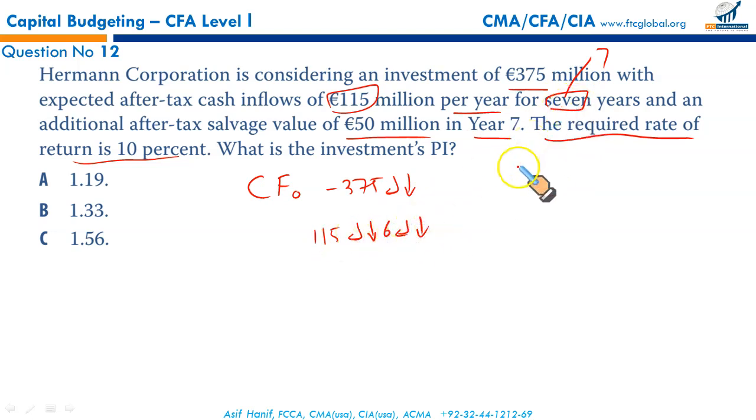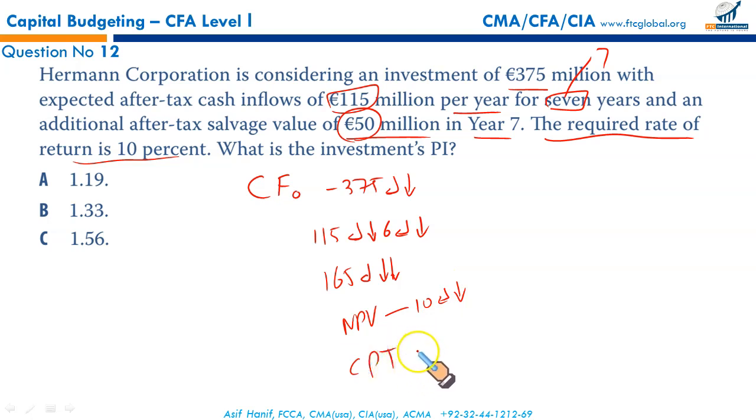Why? Because the 7th year 115 will be added to this 50 million, giving you a total of 165 at the end of the 7th year, right? So 115, 6 times, has been taken here in this arrangement, and the last 115 will be added to the 50, so 165 at the end of the 7th year. Now enter all these, press NPV, 10, enter, down arrow key, press CPT, and you should get 210.52. Gentlemen, this is NPV,